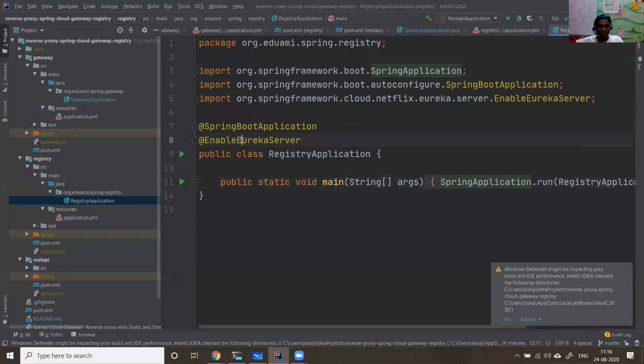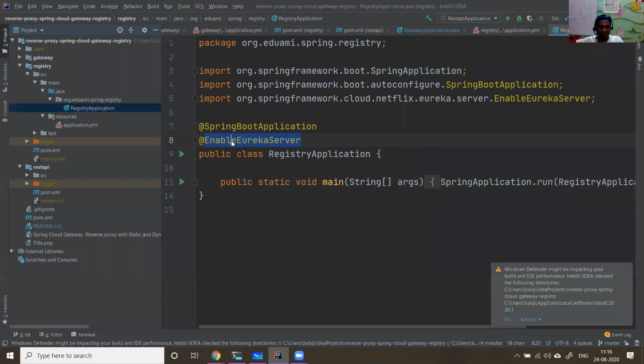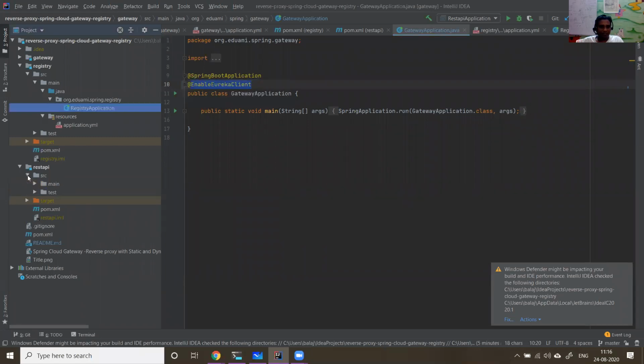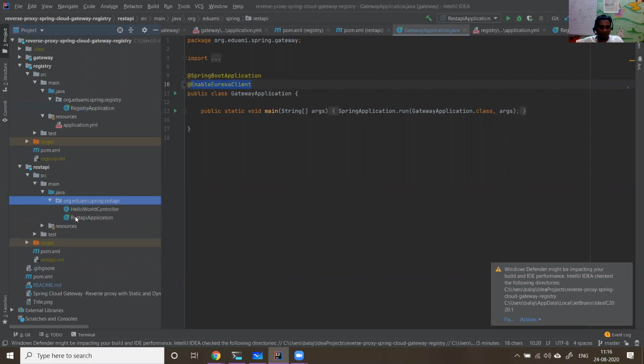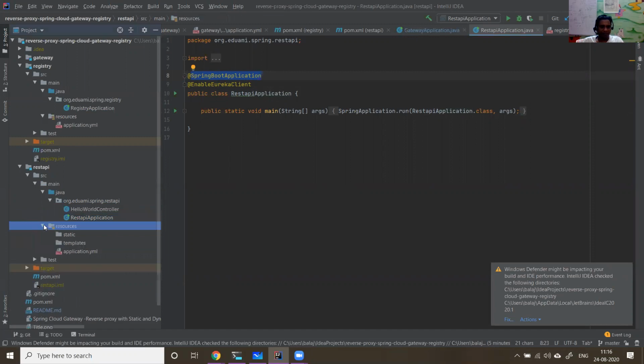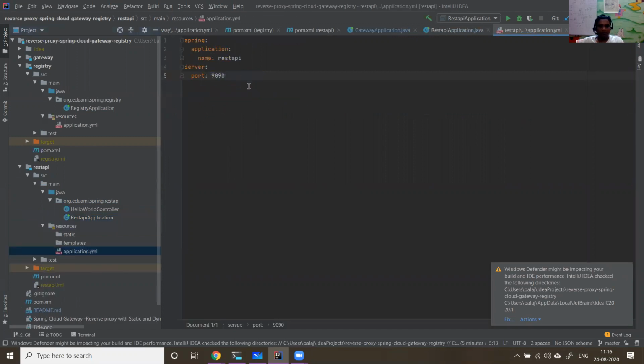And here you say that this is a Eureka server. So the registry is a Eureka server, and the gateway is a Eureka client. Similarly, the REST API application is also a Eureka client and a Spring Boot application. With this the whole magic happens, and this is your REST API service.